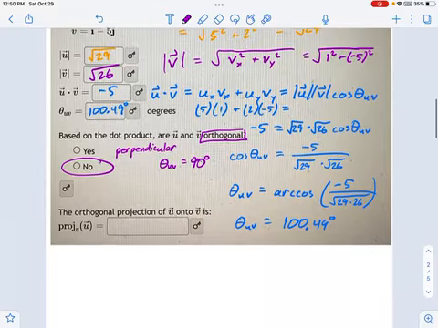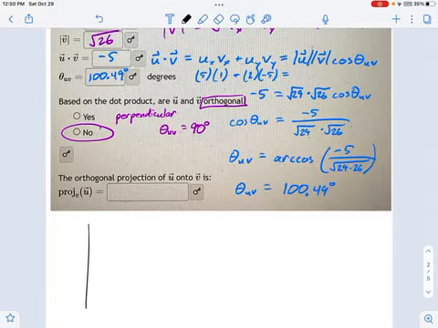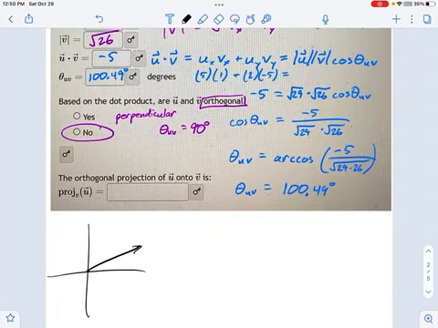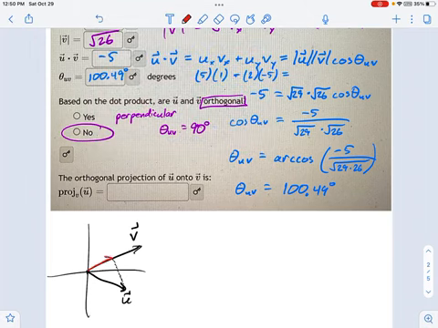Now the last thing we have to do is calculate the orthogonal projection of u onto v. I want to start off with a very quick explanation of what that even means. If I have two vectors, I'm going to make something up because I don't like the shape I'm going to get from this one. Here's my two vectors, v and we'll say u. If I want to figure out the orthogonal projection of u onto v, what I do is drop a perpendicular line down onto v from u, and then I draw a vector right there, in line with v, the portion of u which is in the same direction as v. That's what an orthogonal projection of u onto v is.